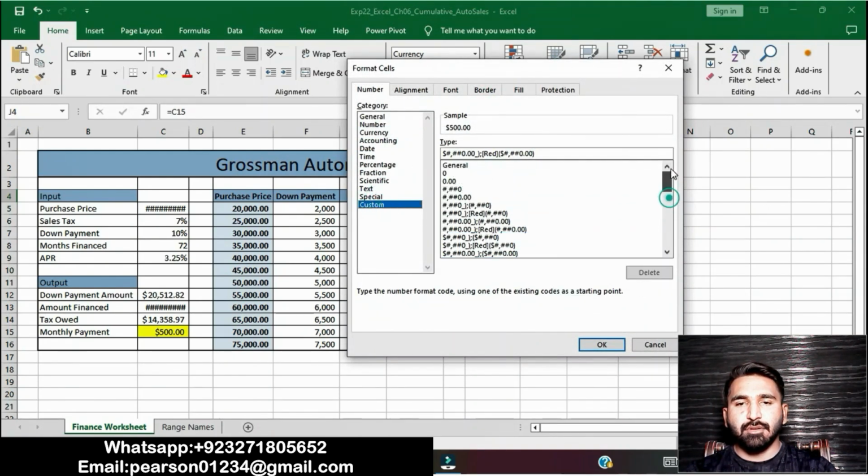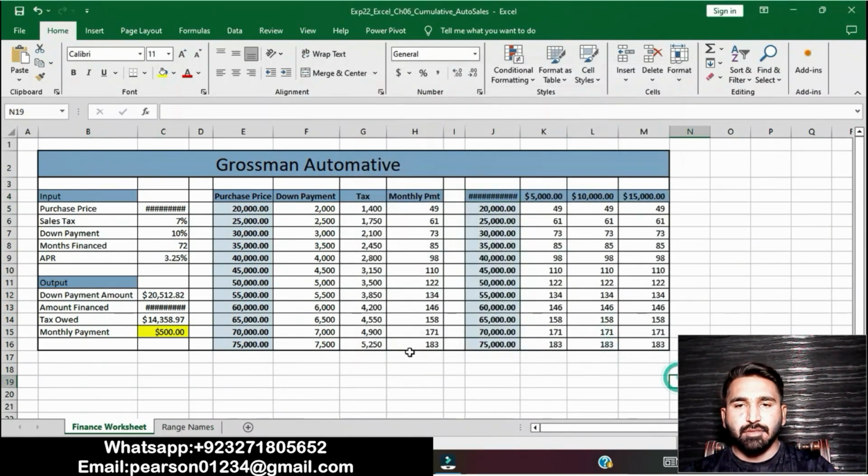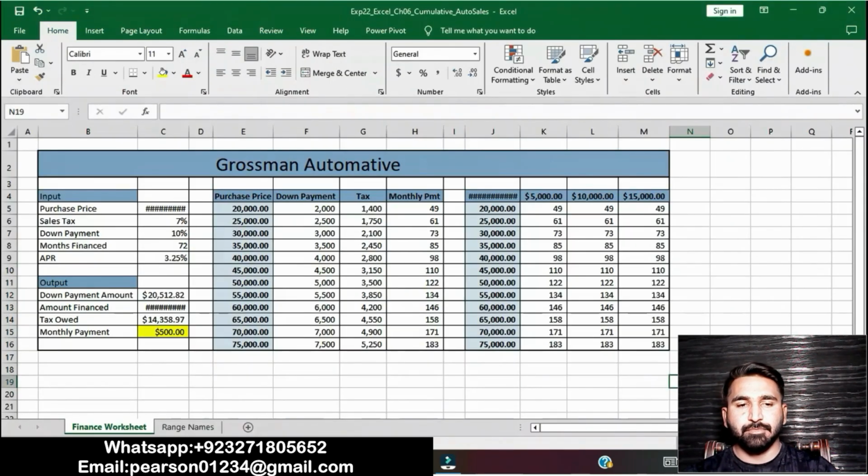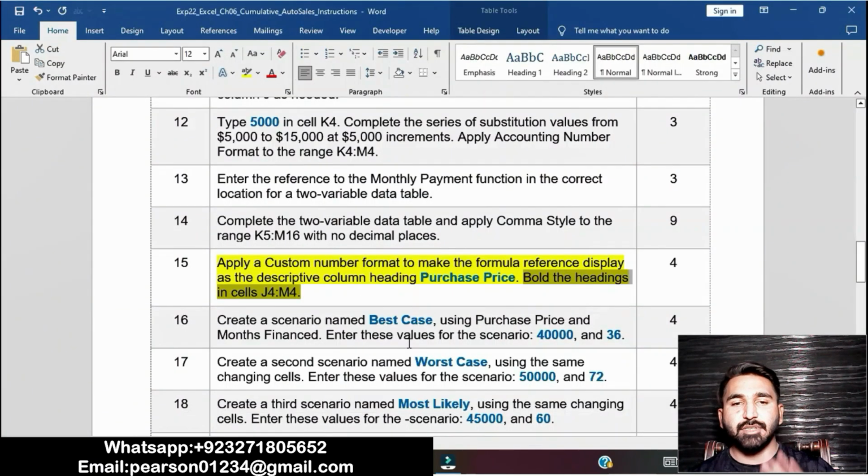Then go to General and remove General. Apply inverted commas and type the custom number format, purchase price, as text. Apply this. Then bold the headings in J4 to M4. First we select these, then apply bold. It will be done. I have done 15 steps of this assignment.